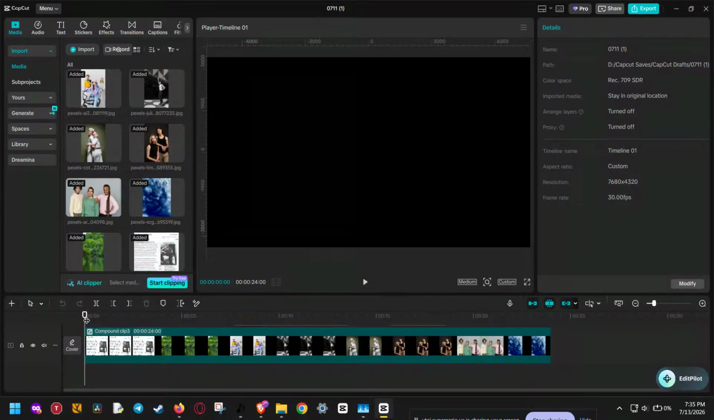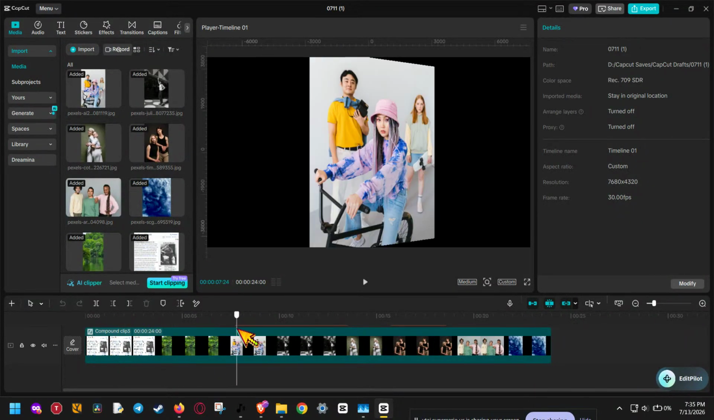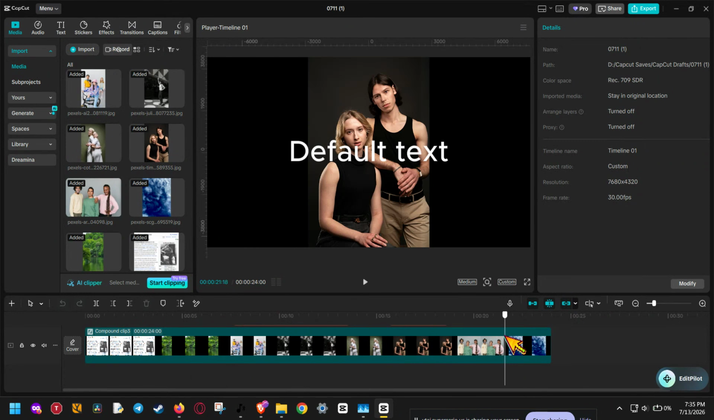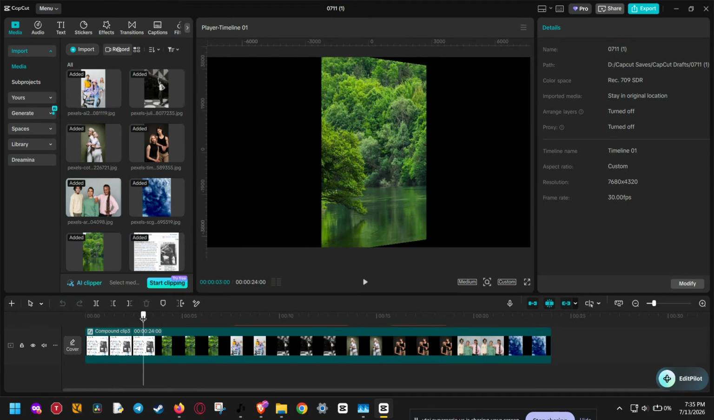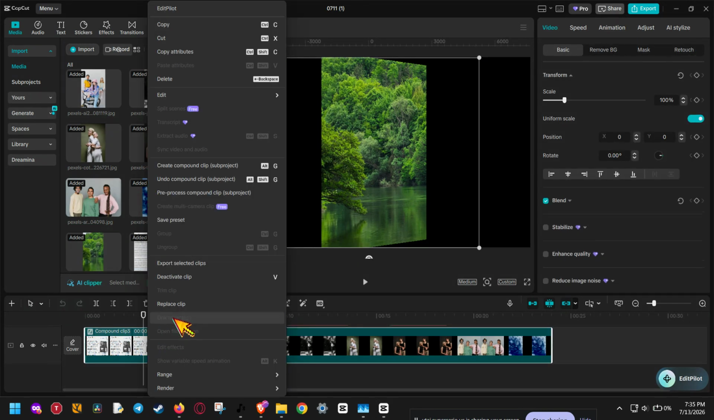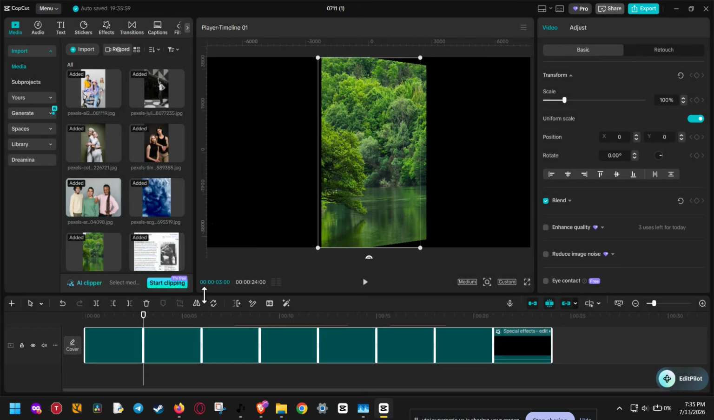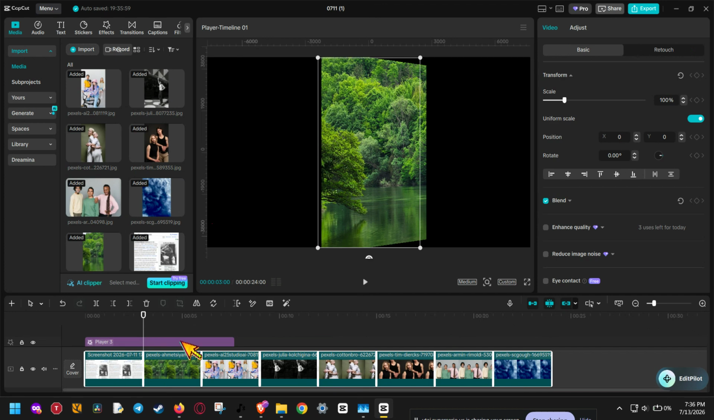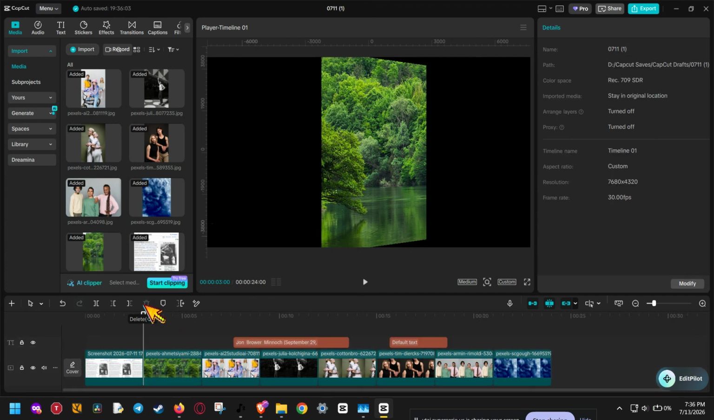Today I'm going to show you how to make a 3D effect in CapCut in just a few simple steps. This is a great effect if you want your videos to look more dynamic, more cinematic, and way more eye-catching than a flat clip on the timeline. Whether you're editing for YouTube, Shorts, TikTok, or any other platform, this 3D style tilt can instantly make your content